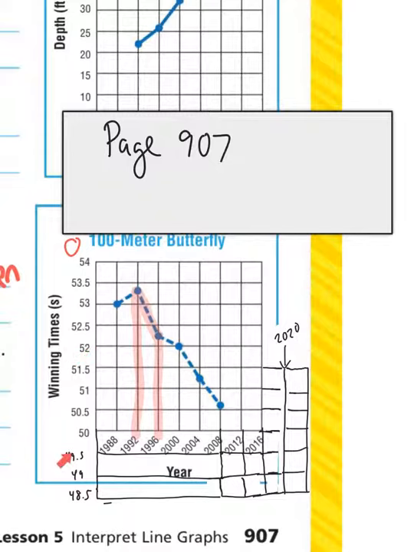So I went from 50, 49 and a half, 49, 48 and a half. And over here I have my years. This was 2008, 2012, 2016. And this next line here would be 2020. That's the year we need to worry about. So now to make my prediction, in this straight line here, I noticed that from this dot to this dot,